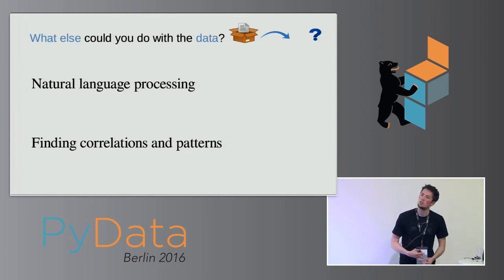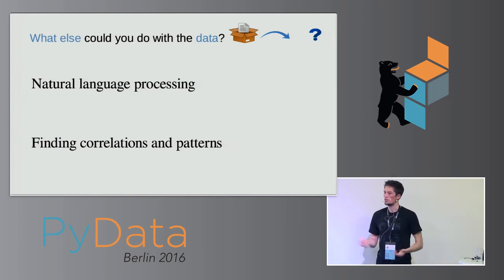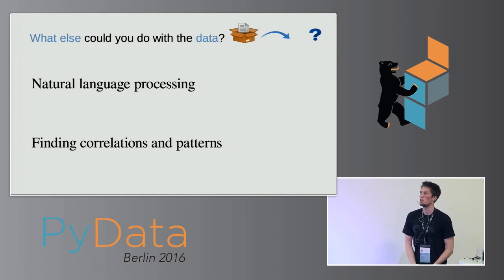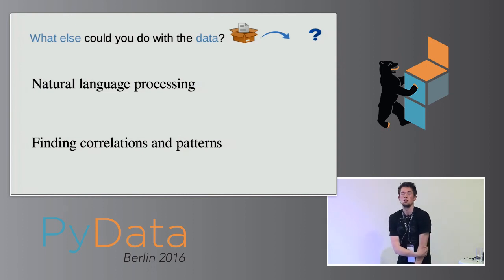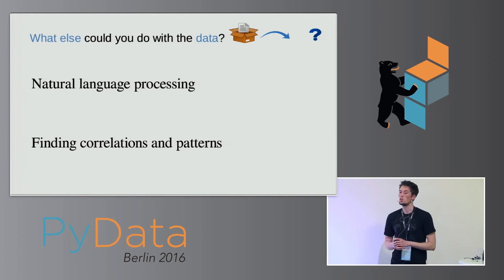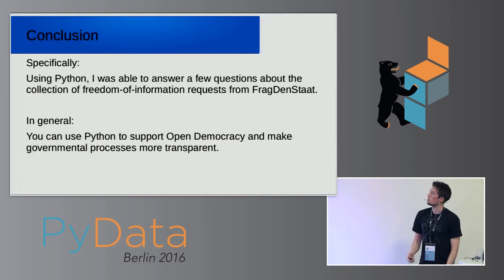Or you could look at how generic the texts of the public bodies are, because usually I guess they just use text snippets and insert the names of the user. Also, you can maybe find correlations or differences between different states, or maybe the success rate depends on the size of the city where the request is made, or also on how many people are actually working on these freedom of information requests. So there's a lot of stuff to do.